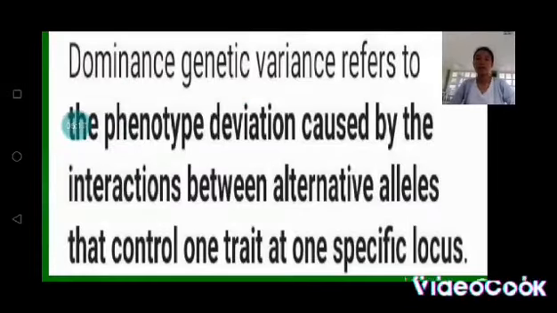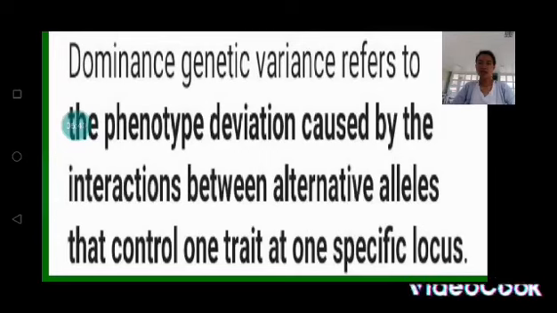So, and also, the variance of genetic effects is dominance. So, the dominance genetic variance refers to the phenotype deviation caused by the interactions between alternative alleles that control one trait at one specific locus. So, mao na ang kuan kay additive, isa siya sa genetics nga ga-interact din ang dominance kay phenotype deviation siya then